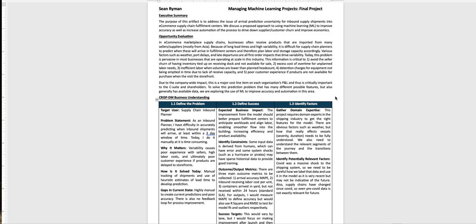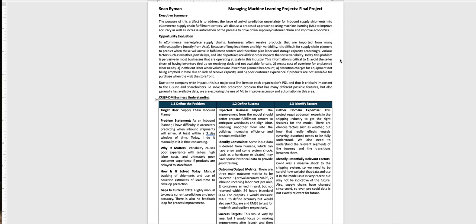The problem that I'm focusing on here is inbound supply chain planners having difficulty accurately predicting when inbound shipments will arrive at an e-commerce fulfillment center. This is a broad problem across this industry with importing products from Southeast Asia and other countries, being able to make sure that things are arriving on time so that downstream supply chain constituents are able to plan for the right amount of labor and the right amount of storage capacity, so the products can move smoothly through. When this doesn't happen,